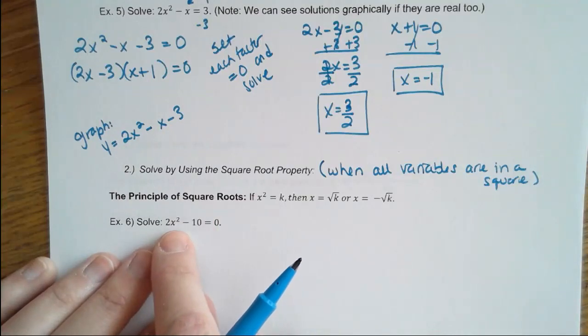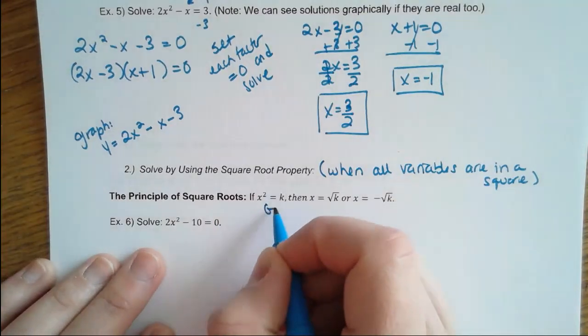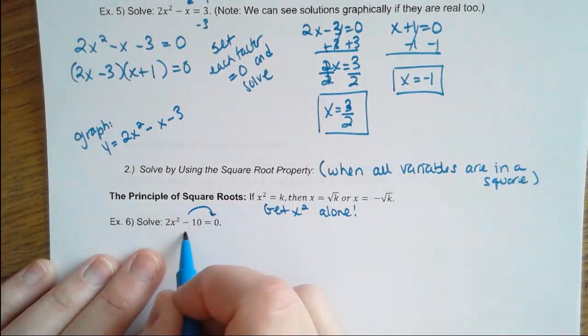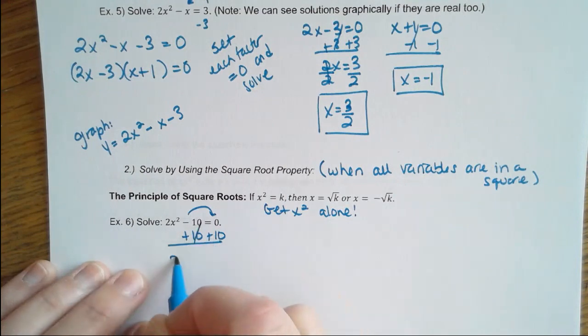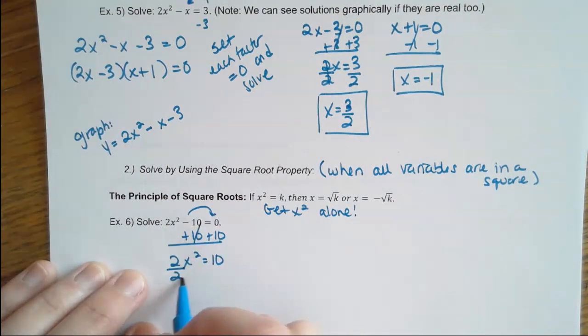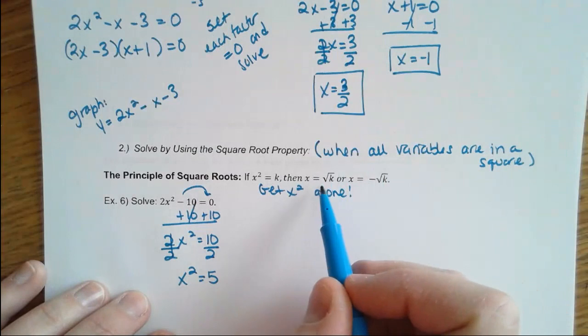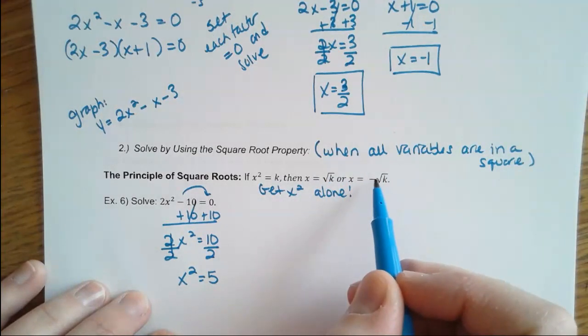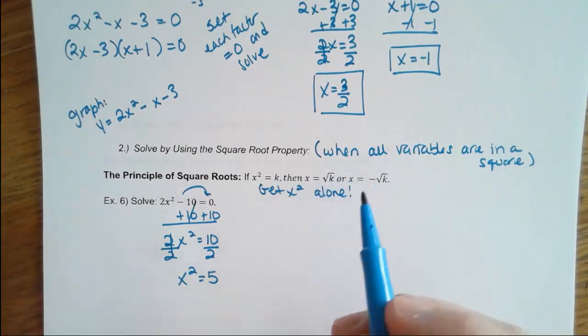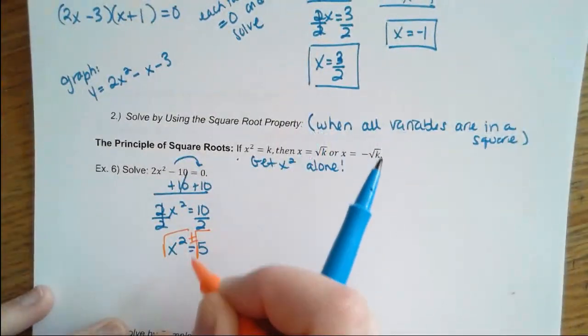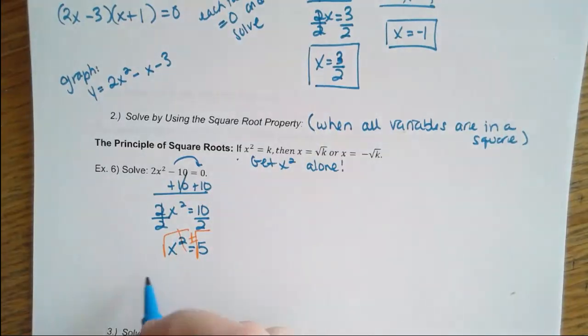And what you do is you actually solve and get the x squared by itself. So I'm going to bring the 10 to the other side. I'm going to divide by 2. So it's like regular solving, but you're going to be left with an x squared in the end. And then what you do here, and this is this property right here, is that you take the positive and negative square root of both sides. That negative is on the outside, not the inside. So I take the square root, but always the positive and negative. So you're getting two answers there. You're getting that x is equal to positive root 5 and x is